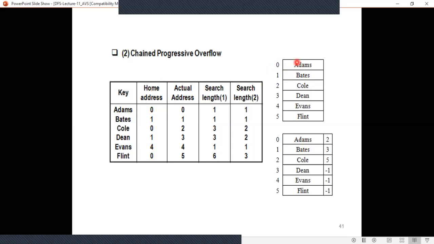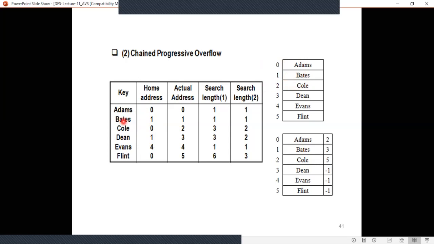In case of linear probing or progressive overflow, in the home address 1, you have Bates. Next is Cole. Home address is 0, and Adams is already there. In address 1 you have Bates, so you are going to store Cole in address 2. Linearly you go on storing the records, right?